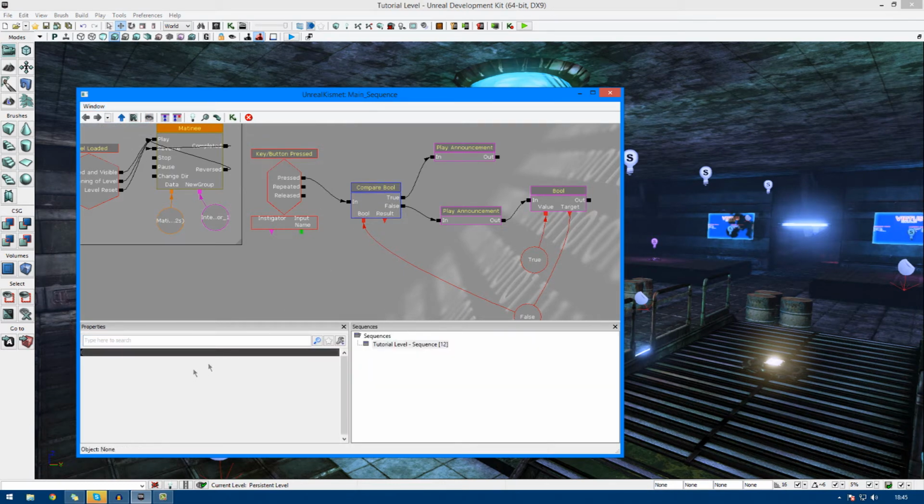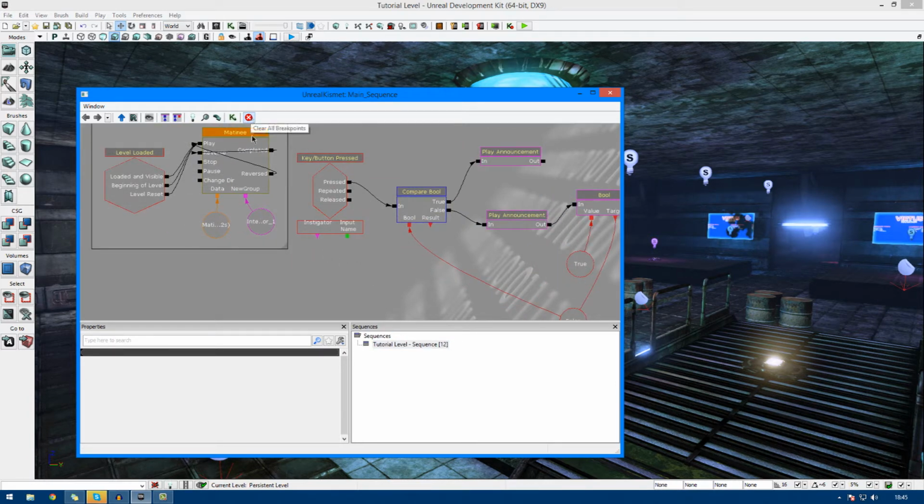And lastly, we do have the properties and sequence boxes. I'm not necessarily going to be showing you what sequences are in this episode, as you don't really need to know what it is, and you don't really need to use it in the most basic form. The same with most of these buttons here too. And lastly, we have the properties